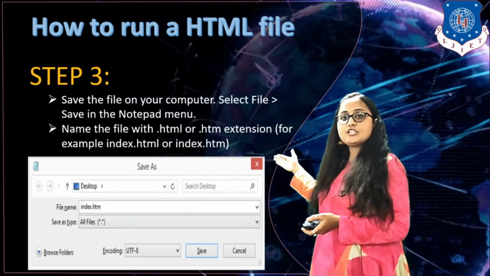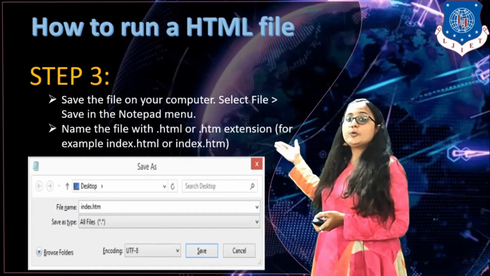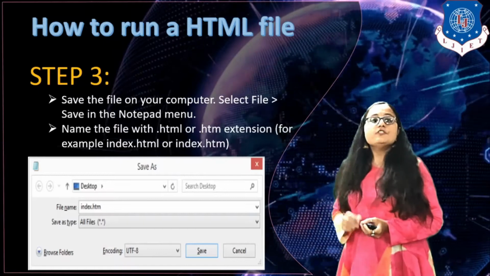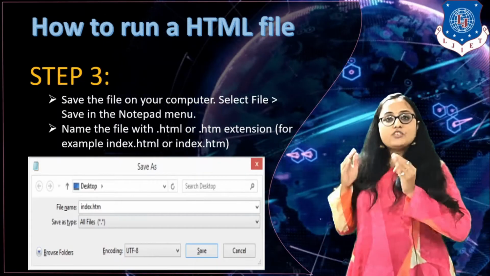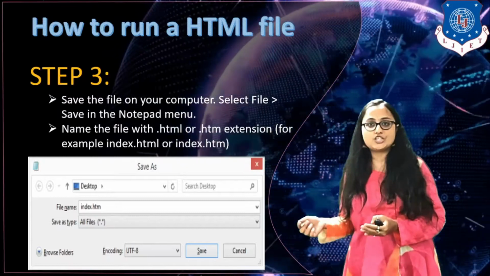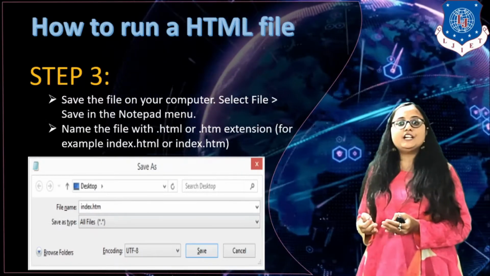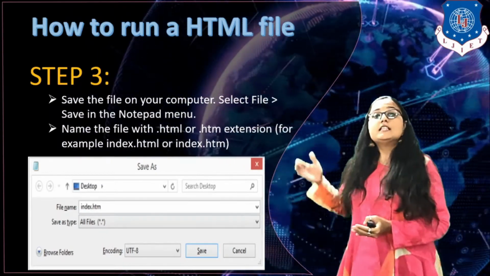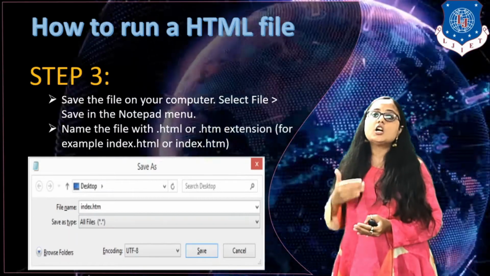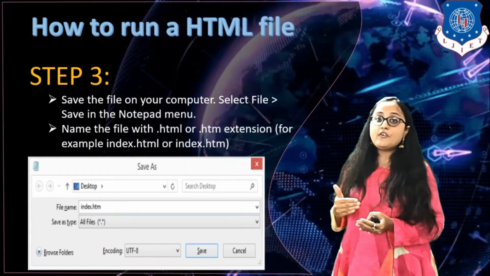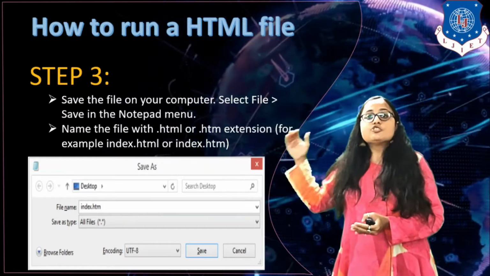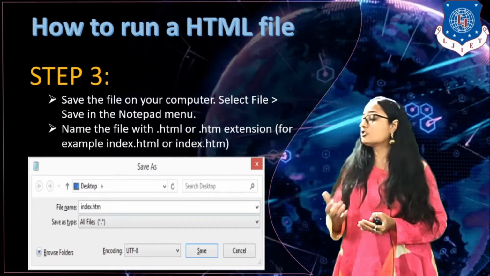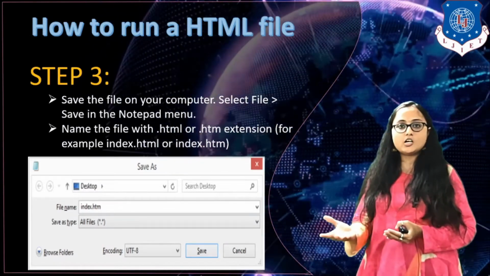We did not discuss what .html is in the last lecture. So in today's lecture, you have to understand what .html means. We know that whatever file we save in Notepad has an extension. By default, if you save a Notepad file, it will have a .txt extension. But this particular HTML file is not a text file. It is an HTML file which we need to run in the browser. A text file cannot be run in the browser. It will not retrieve the desired result that we want.